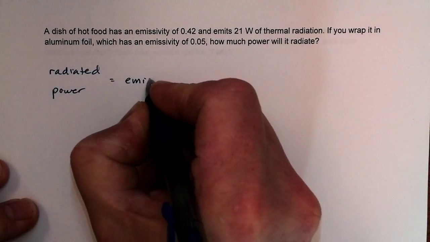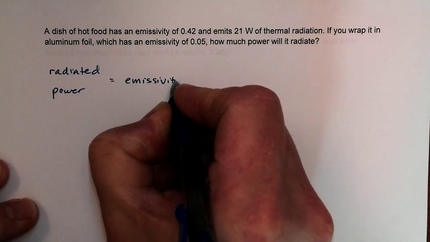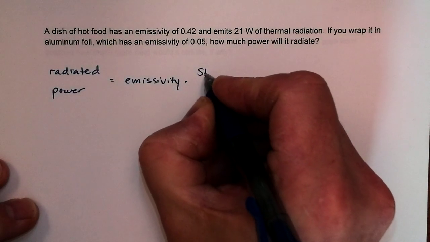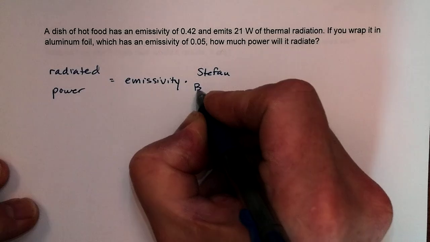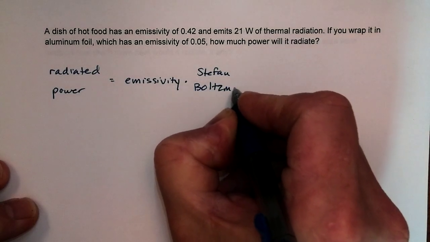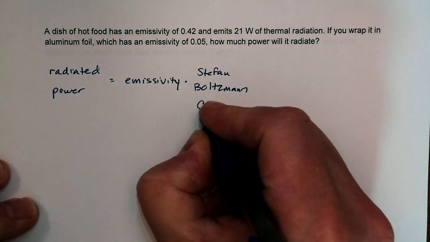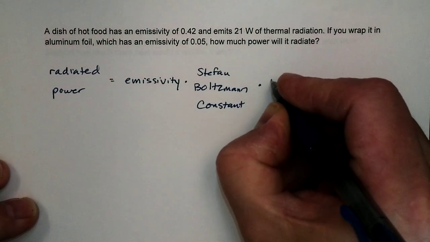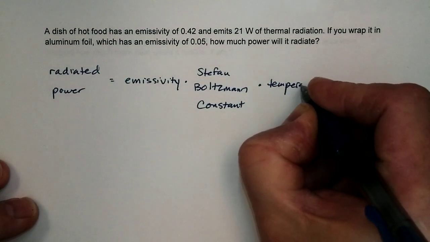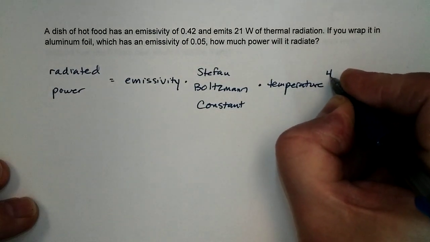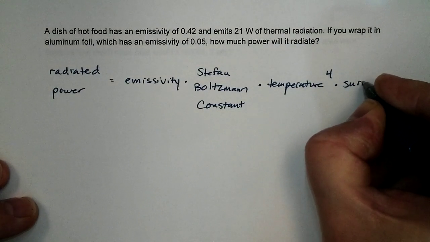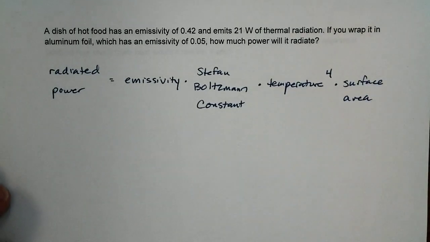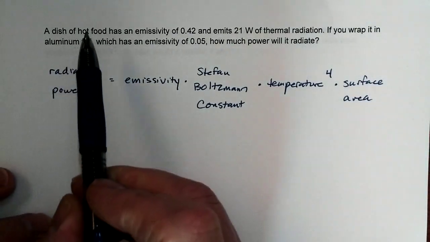equals the emissivity, how good of a heat absorber and radiator you are, times the Stefan-Boltzmann constant, times temperature to the fourth power, times surface area. So there's a lot of things it depends on, but in this particular problem, we're taking our